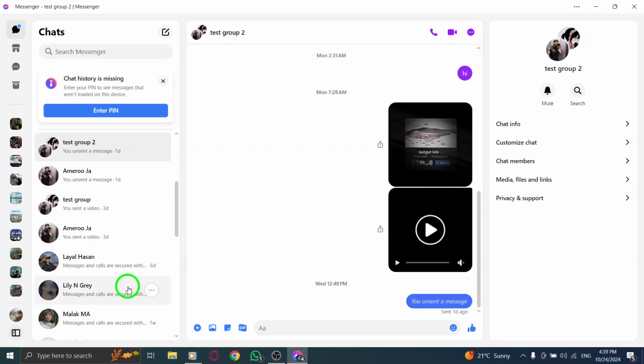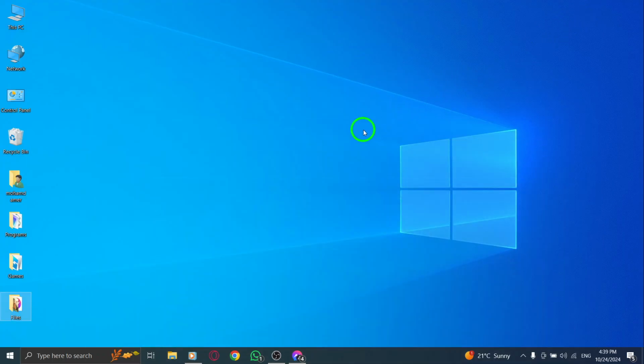Just like that, the chat is officially marked as read. This simple action not only helps you keep track of which conversations you've acknowledged, but it also lets the other person know that you've seen their messages. It's a courteous move that can enhance your communication